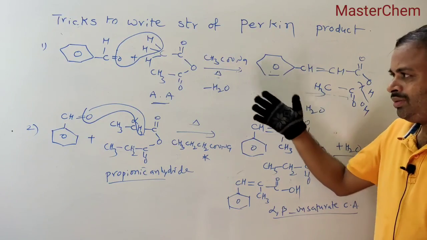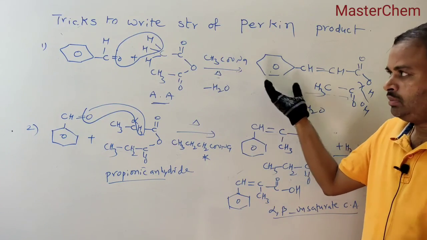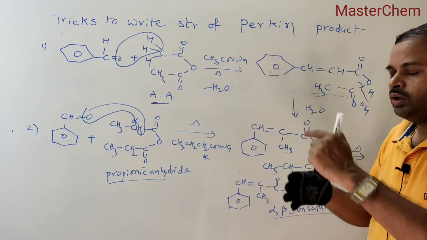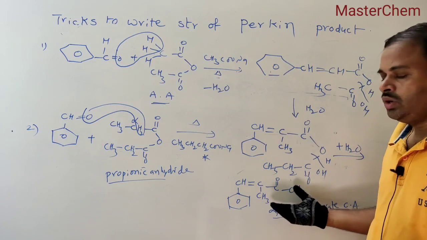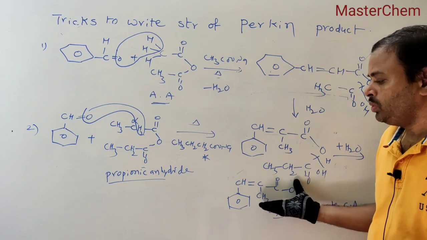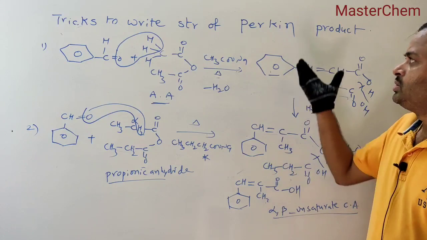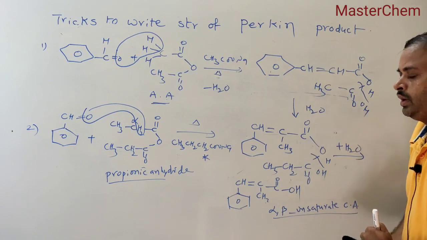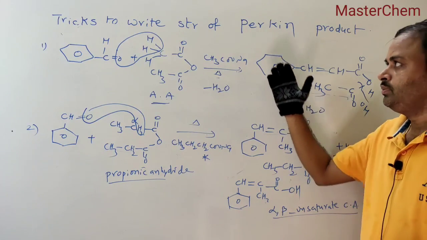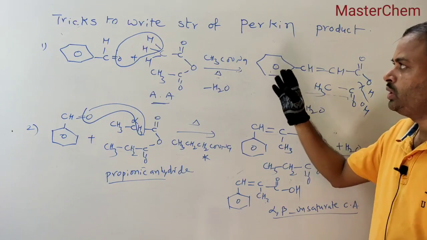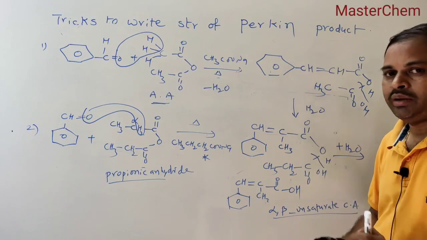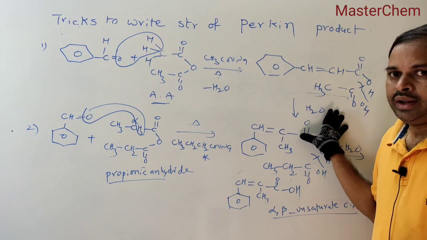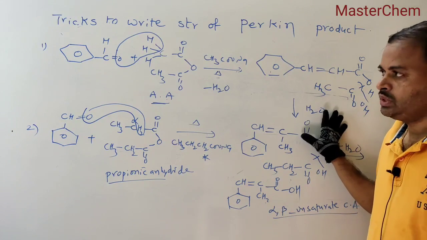By writing the mechanism, actually, the Perkin reaction mechanism involves 5 steps. If you write the mechanism and everything, it will take time. That's why, to react fast, this type of trick may be useful for you. For these 2 reactions, I have already explained them including mechanism, which I am providing in the description. So once look over those individual reactions and mechanisms with examples. Okay, thank you.